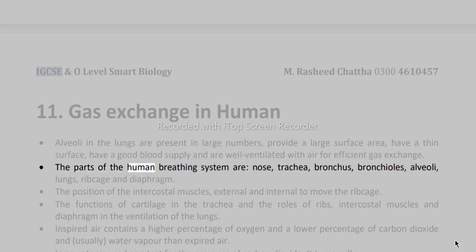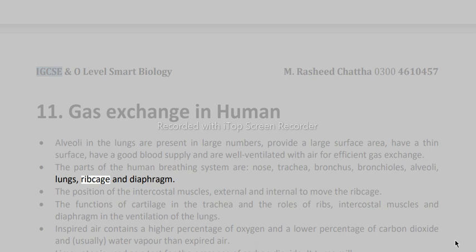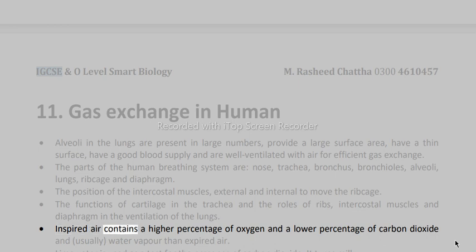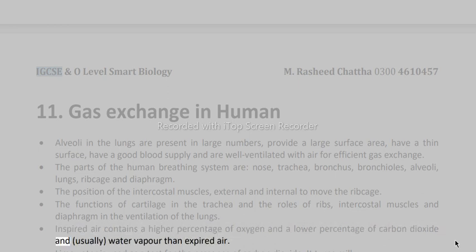The parts of the human breathing system are nose, trachea, bronchus, bronchioles, alveoli, lungs, ribcage and diaphragm. The position of the intercostal muscles, external and internal, to move the ribcage. The functions of cartilage in the trachea and the roles of ribs, intercostal muscles and diaphragm in the ventilation of the lungs. Inspired air contains a higher percentage of oxygen and a lower percentage of carbon dioxide and, usually, water